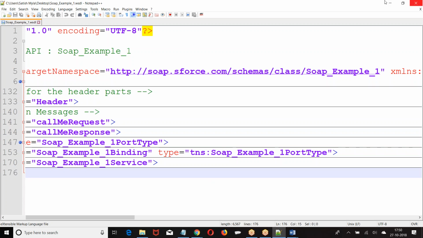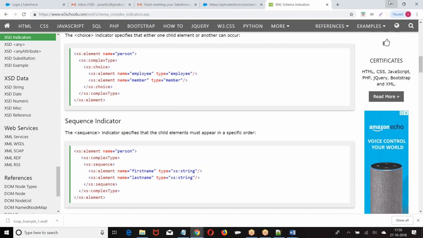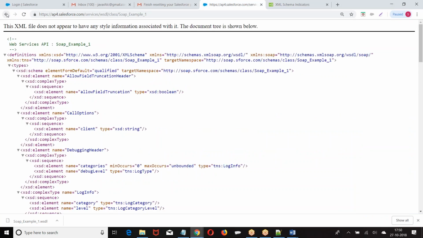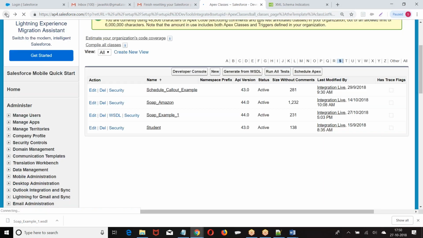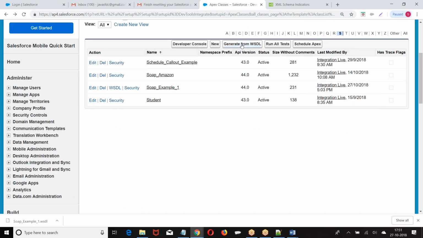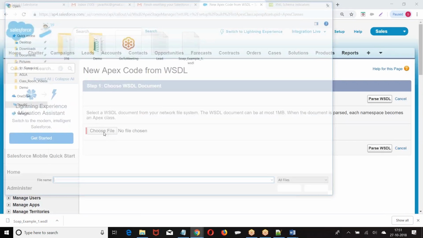Clear? In the last class we consumed some SOAP WSDL files and saw some successful programs. Now I will consume some third-party WSDL files and we will see what types of errors we encounter. Now we'll try to consume the files which I have given errors. So look at this. Generate from, choose the file.